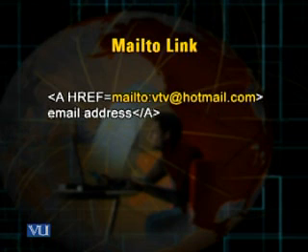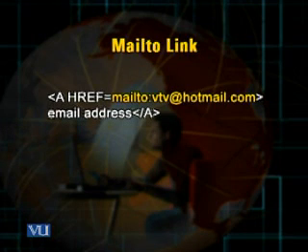We can also use the anchor tag for email purposes. As you can see, I have used the anchor tag, then href equal, then I write the keyword mailto, then colon, and I have written an email address vtv@hotmail.com, and then I close the words email address, and then I close the anchor tag. Automatically the words email address would become clickable.